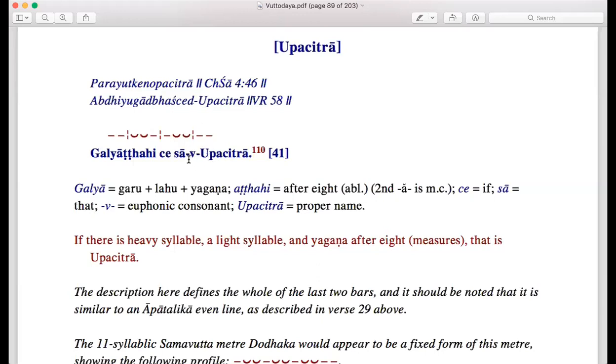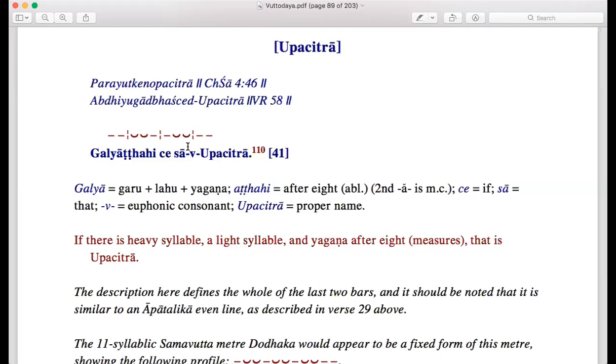Yes, but in another case, when we read in the text in the Gatha, if they have the bhagana or jagana, we have the 2, 1, 1 or 2, 1, 2, like that. Yes. We have to consider it upachitra, right? If we consider like that, is it correct or not, Bante?